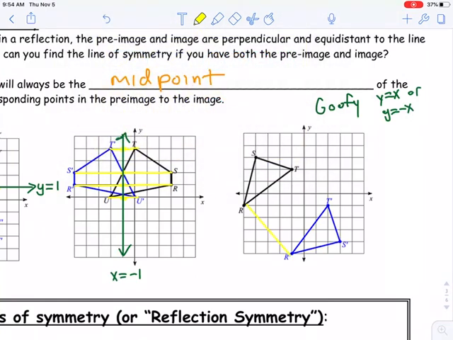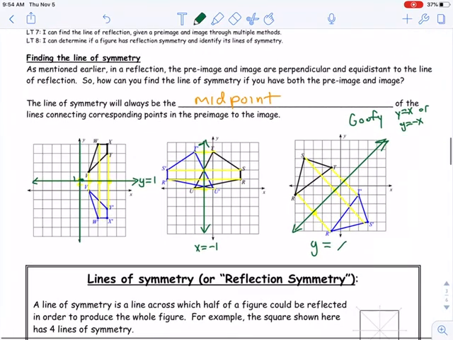Now, I can tell by just looking at it because I'm really smart, but if you're not smart like me, you can draw the lines. See, I don't typically draw the lines because sometimes you don't get nice crisp midpoints, like they kind of fall in the between every now and then. Even like right here, those are the midpoints. But when it looks goofy, you can just kind of tell it's either y equals x or y equals -x. This one would be y equals x. All right. So doing these problems, most of the time you can tell by just looking at it, or you can do some analysis and determine it that way. All right. Stay tuned for more